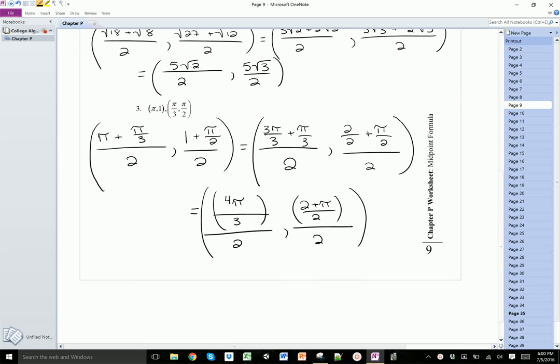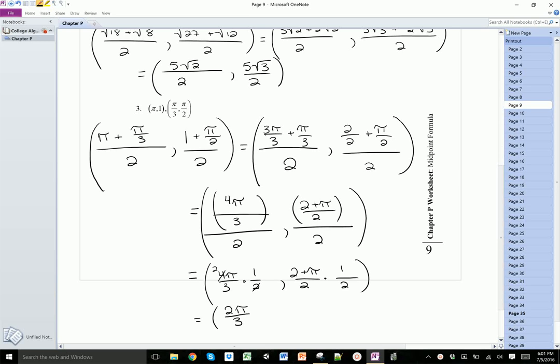Okay? So with this, whenever you have a fraction being divided by a whole number, what you want to do is take this fraction and multiply it by the reciprocal of that whole number. So I'm going to do 4 pi over 3, and it needs to be multiplied by 1/2. And then here I have 2 plus pi over 2 times 1/2. So this one's a little easier to simplify because it's just multiplication. This will cancel out with that, leaving me with just a 2. So this will be 2 pi